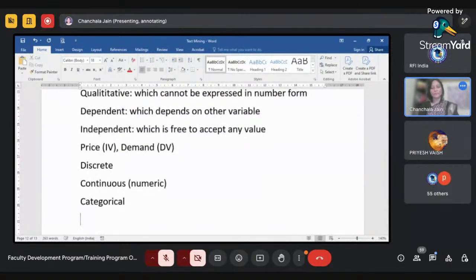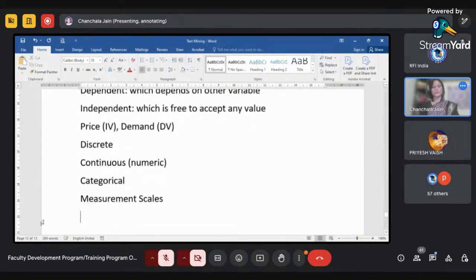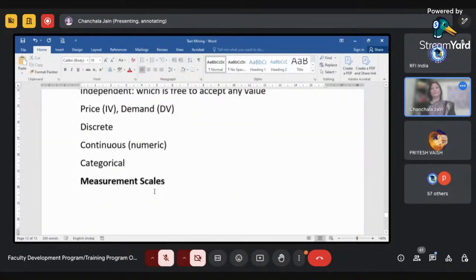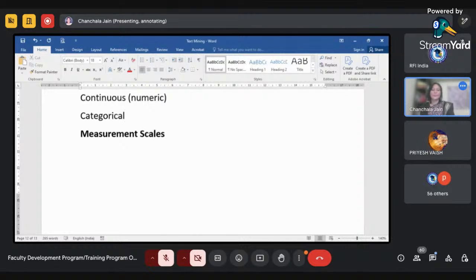Further, I think you have heard about measurement scales. How many of you have heard? Yes. Interval scale, ma'am. Very correct. Anything else? Ratio.